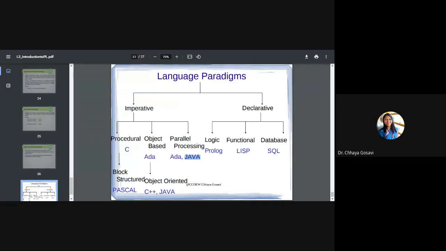So if the problem is rule based, you can go for the logic programming paradigm. An example is Prolog, which is the short form for programming in logic. It is mainly used for expert systems and decision making systems. Like if you want to build an application for disease diagnosis, for telemedicine, you ask the patient what the symptoms are, and depending upon the symptoms you suggest a medicine.